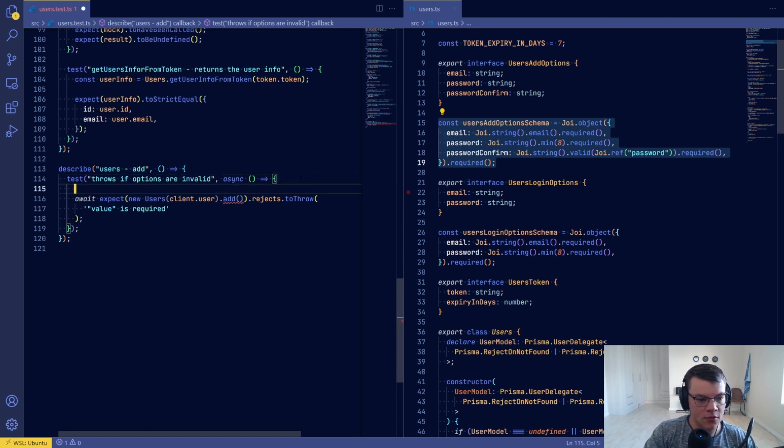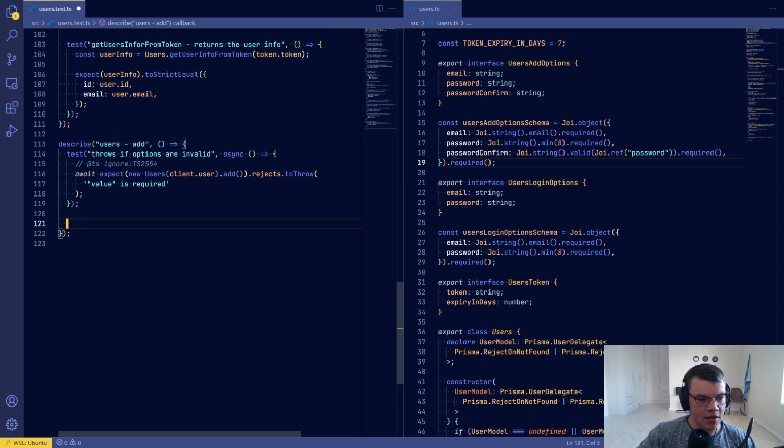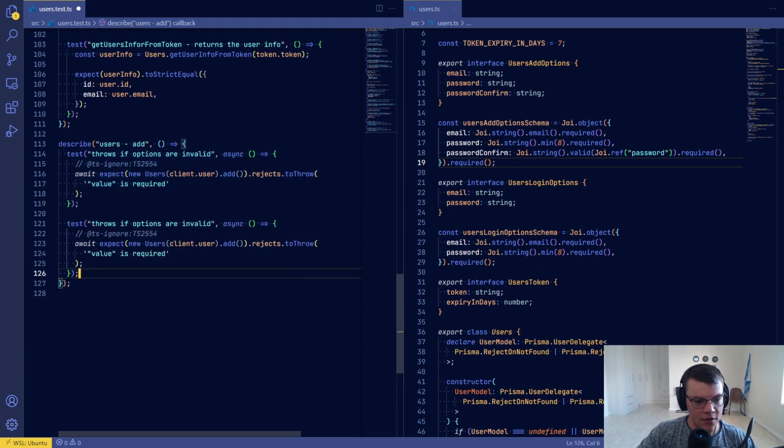And we have to ignore this. And that's what I'll do for every single property of this. So email, we know it's a string, we know it's required. So basically now I'll do the same thing for email. I'll say, now I will add an object, and even you can test another one that's